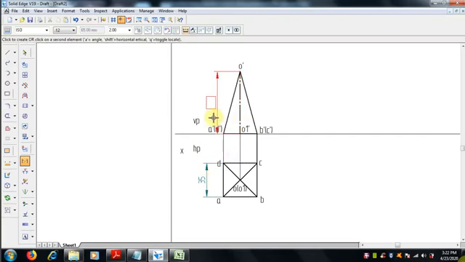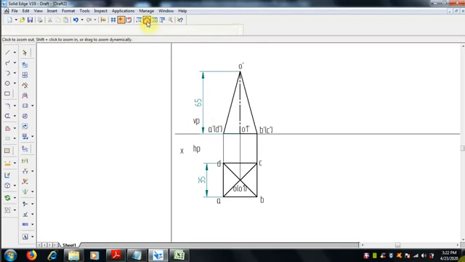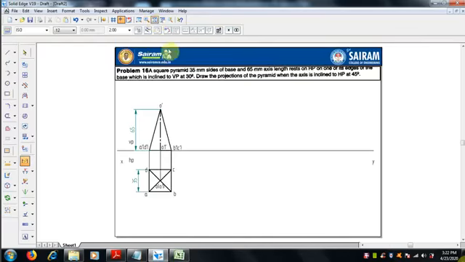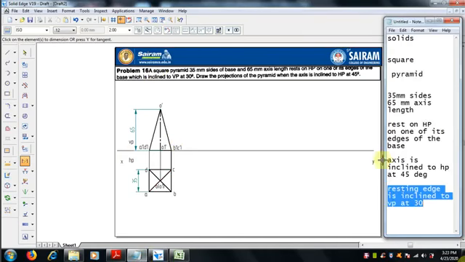This is what is given in the question. The initial position in which we kept the pyramid is over. Next, the data with respect to one of its edges: